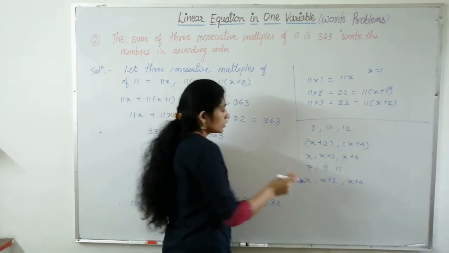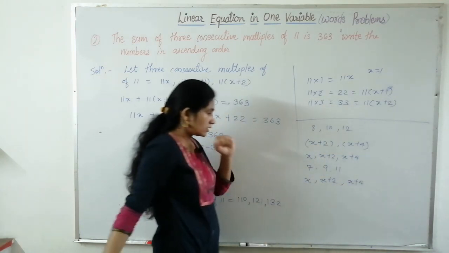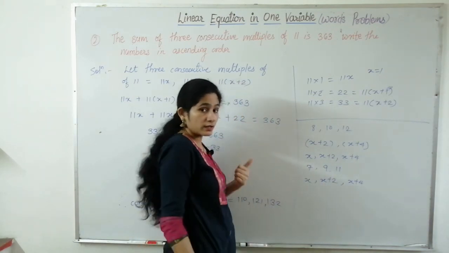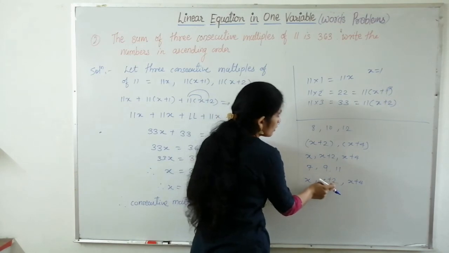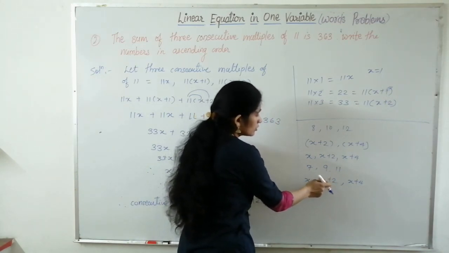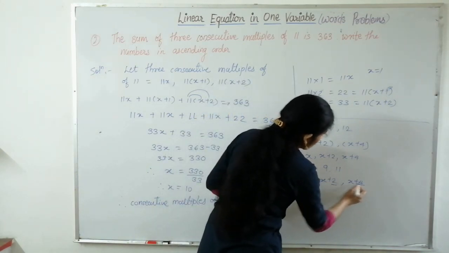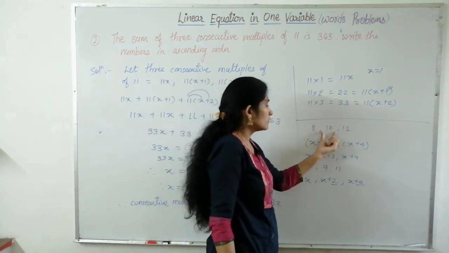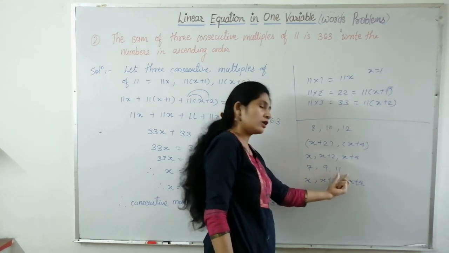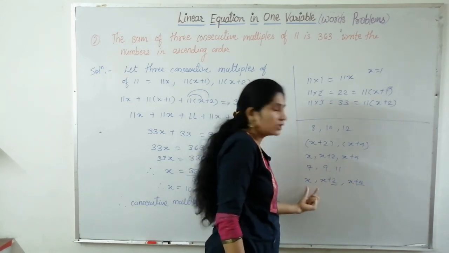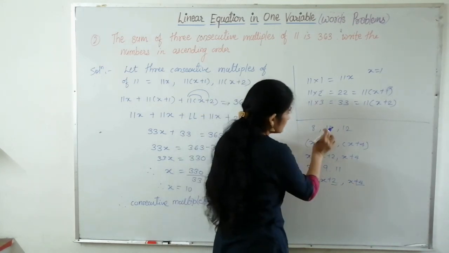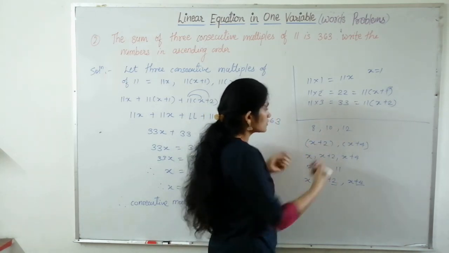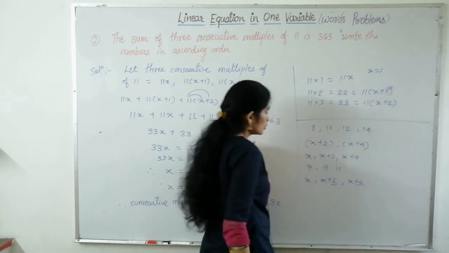In terms of odd numbers, it won't be x plus 1 and x plus 3. If you take x plus 1, you will get 7 plus 1, 8. So you will get an even number, but in order to get odd numbers, you have to add even numbers to the value of x. Add even numbers to x, for even numbers also you have to add even numbers, for odd numbers also you have to add even numbers to x, because the difference in even numbers and odd numbers is the same, that is 2. Okay, 8 plus 2 is 10, it comes in the difference of 2.